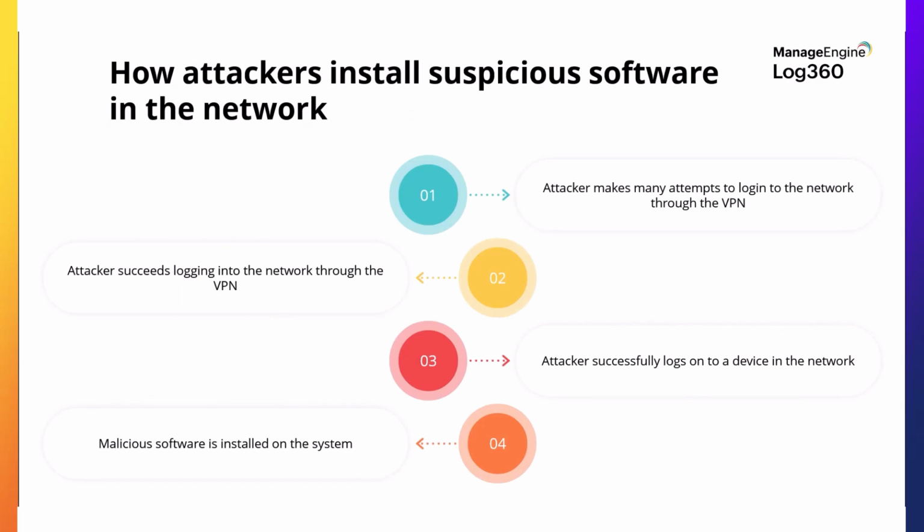One way could be attackers may first attempt to access an organization's network remotely through a VPN. They often use automated tools to brute force their way into the VPN, gaining entry to the entire network. Once inside, the attacker targets user or device accounts, seeking out weaknesses and vulnerabilities. They may employ brute force techniques or credential theft methods to log on to the devices. After successfully gaining access, the attackers may take a remote session on other machines before they proceed to install malicious software on the compromised devices.